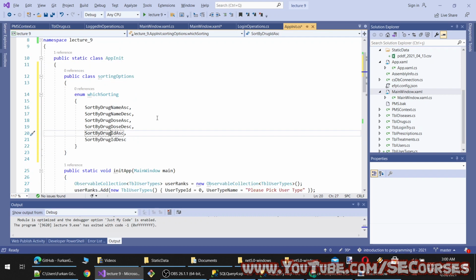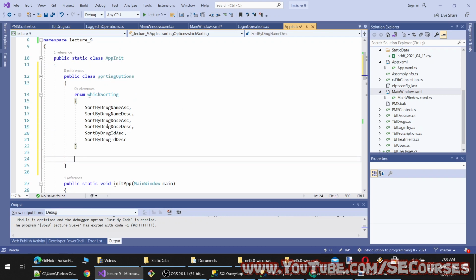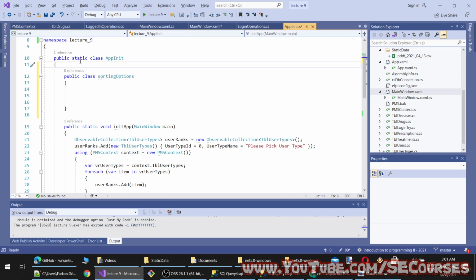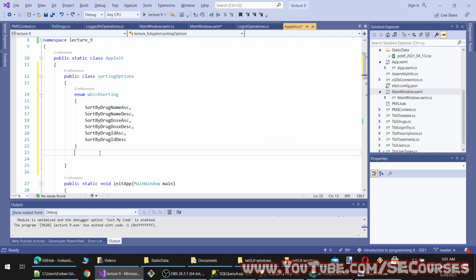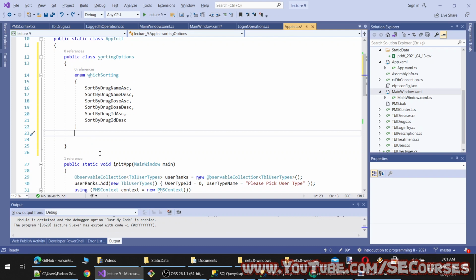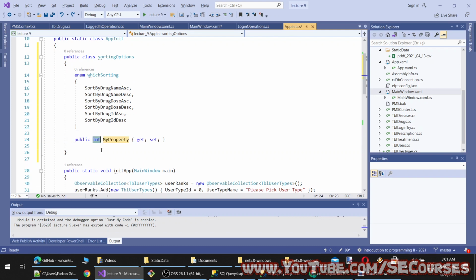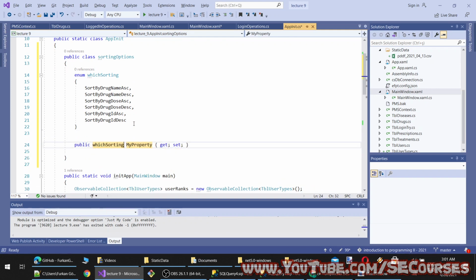Okay. And then it will have another value. So this doesn't have to be inside it, but let's keep it inside it. Yeah, it should work. It is going to have two properties. First one will be which sort option, and then it will have another property.